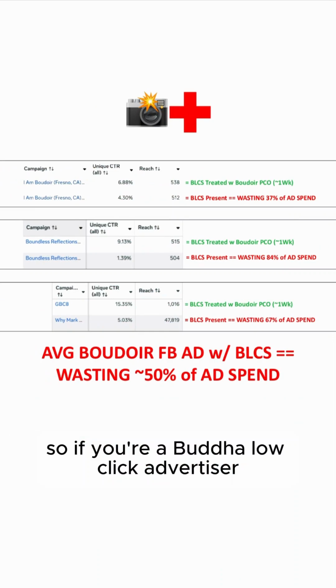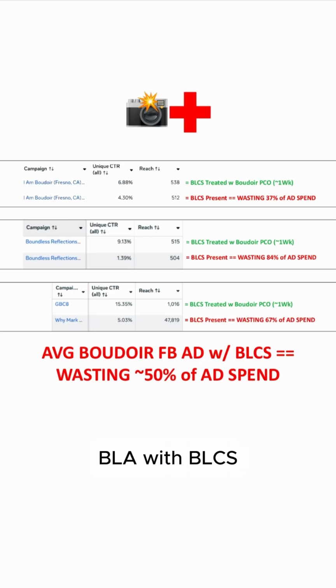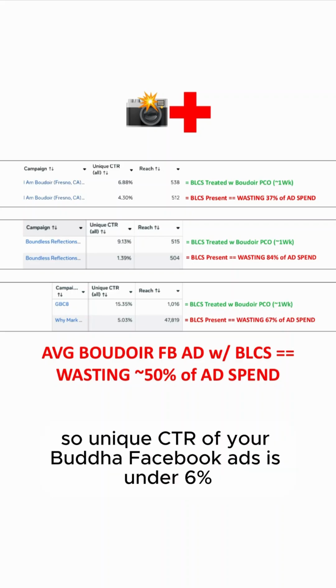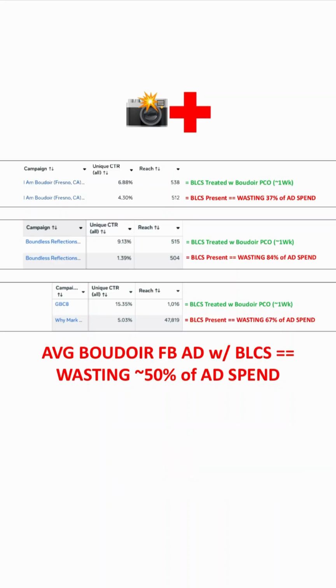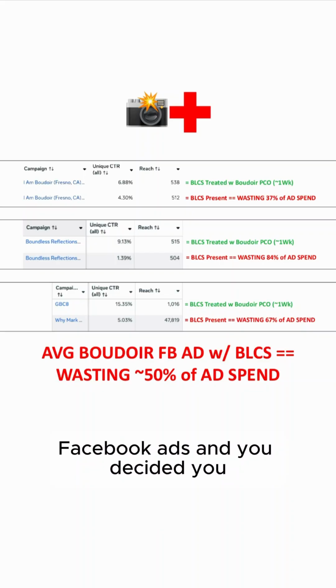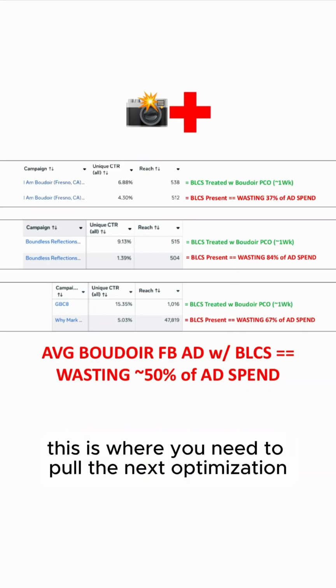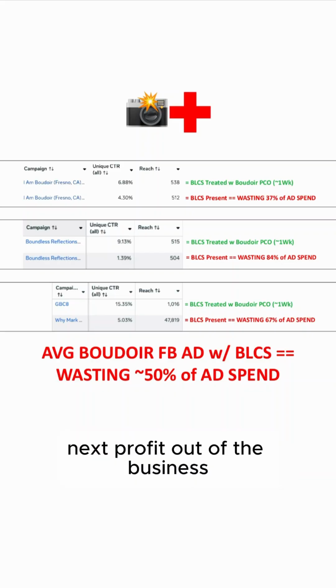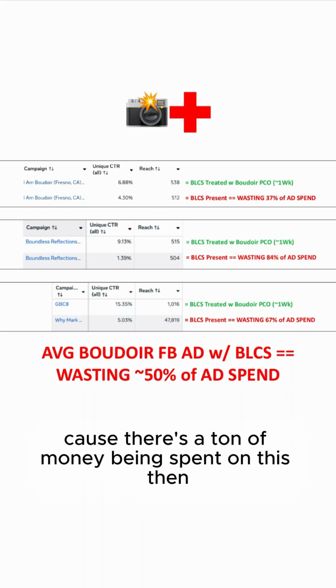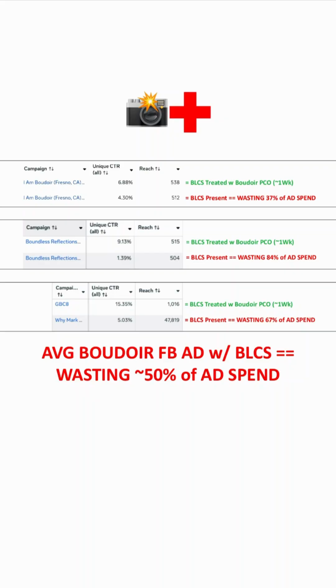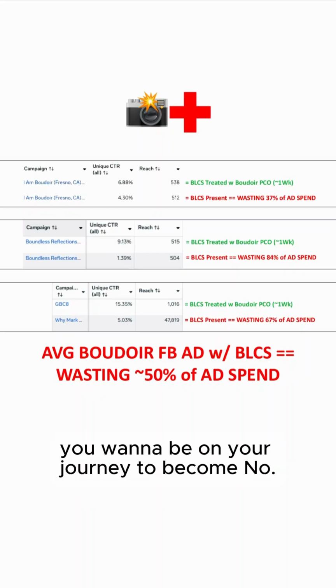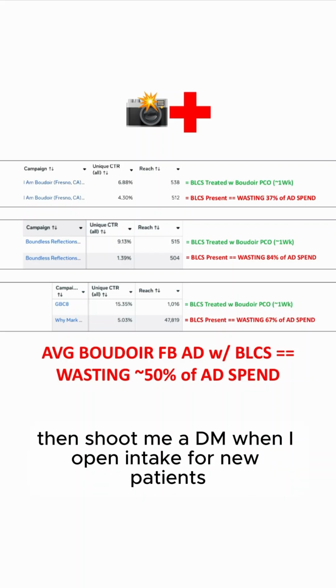So if you're a Boudoir low click advertiser, BLCA, with BLCS, so the unique CTR all of your Boudoir Facebook ads is under 6%, and you're spending more than 10 grand a month on Boudoir Facebook ads, and you've decided this is where you need to pull the next optimization, the next profit out of the business, because you've done other spots of your business but you're ready to do it now for your Boudoir Facebook ads because there's a ton of money being spent on this, and you want to be on your journey to become the number one boudoir photographer in your city, then shoot me a DM